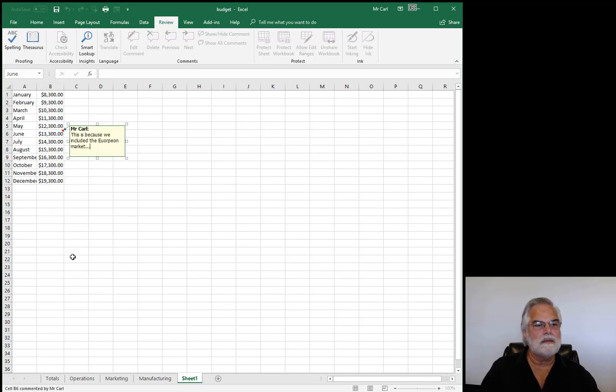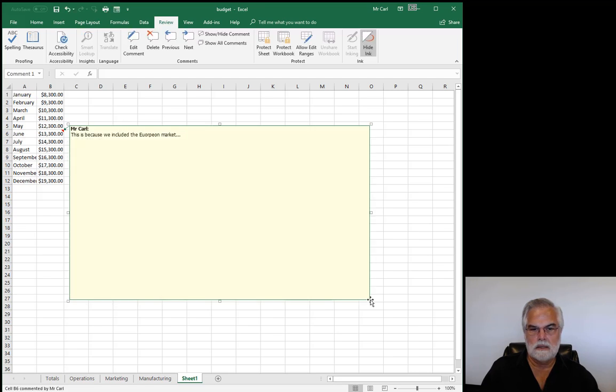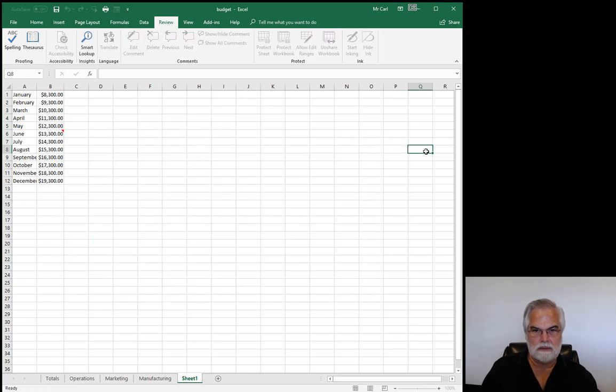Left click that, and now you see the handlers. Click on the corner, make sure that it has the diagonal arrow, click it and drag it. You can make it as big as you want, and you can write anything that you want on there. When you get through, click out and it disappears just like the other one. Now you hover over it,